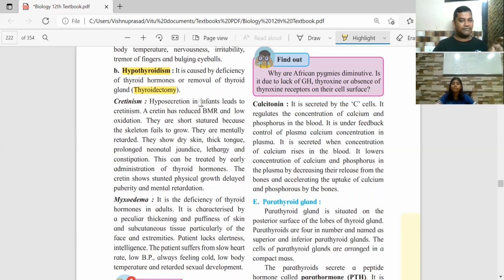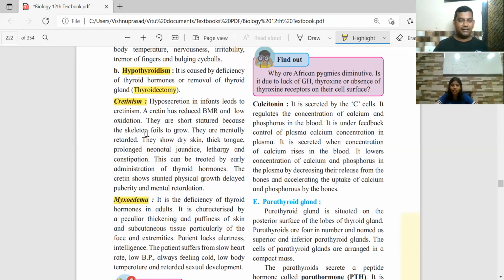In children or infants, when there is a deficiency of thyroid hormone, it is called cretinism. And in adults, when there is a deficiency of thyroxine, the condition is myxedema. Myxedema. Remember the name. In the earlier case, growth hormone from the pituitary,